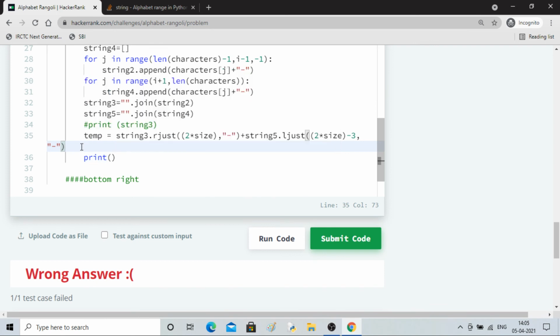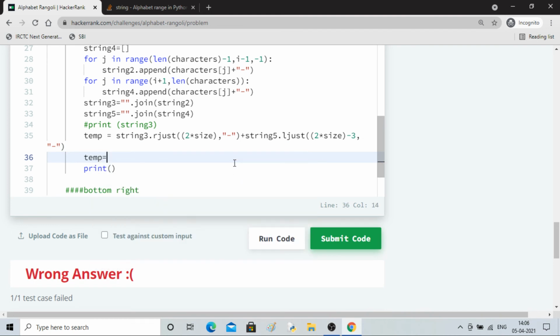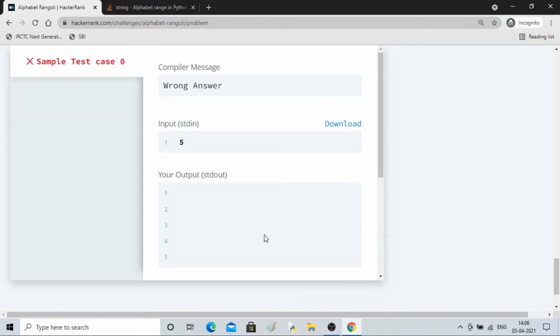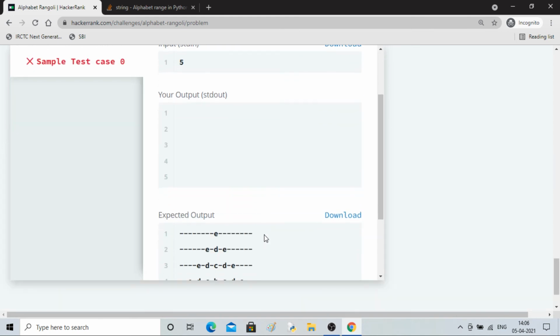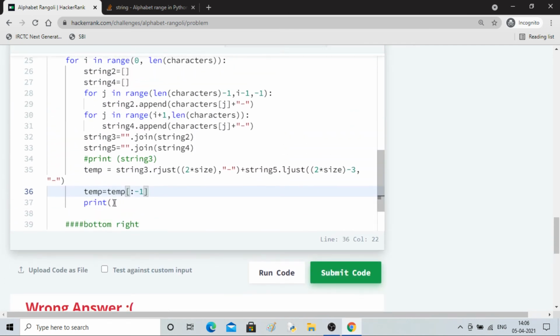Now I'll use temp equals temp bracket starting till last second, then let's print it. Oh, okay, here print temp.